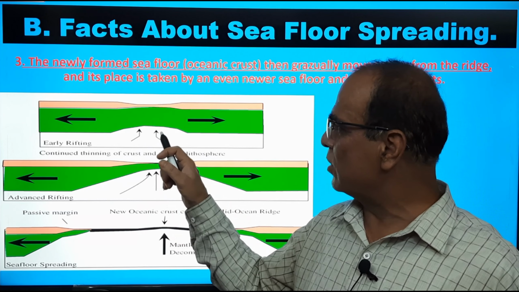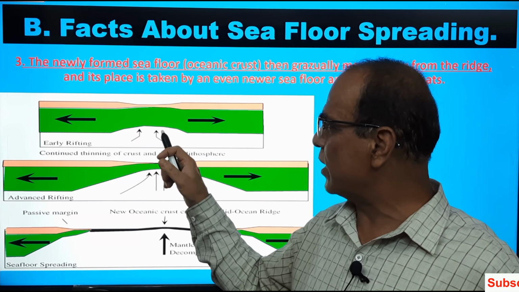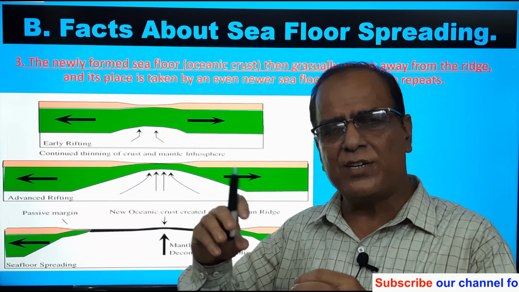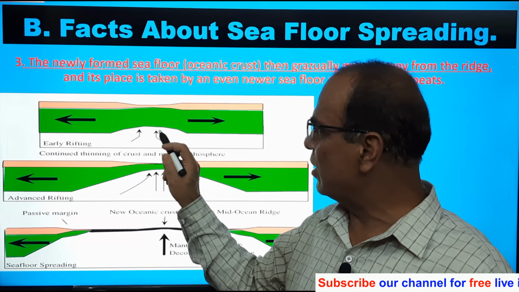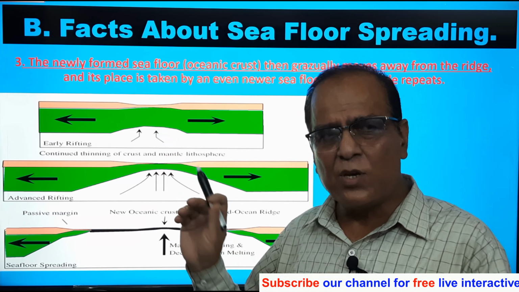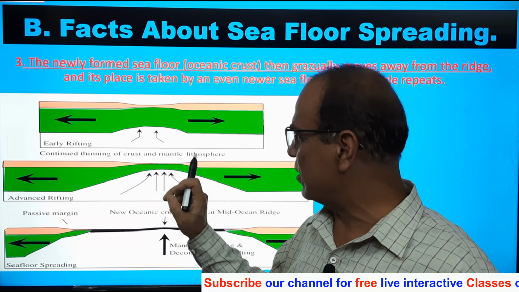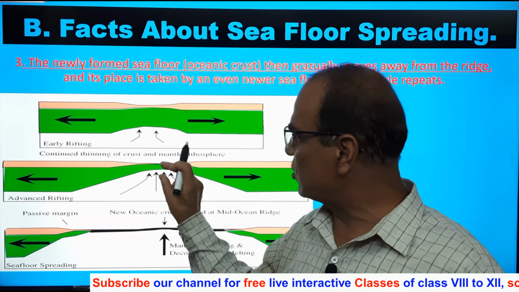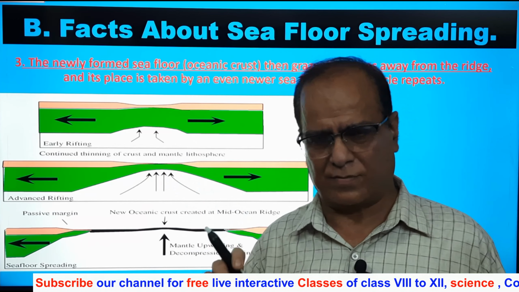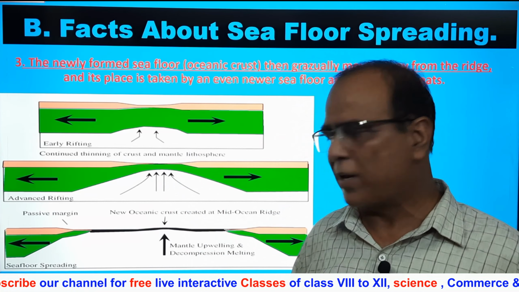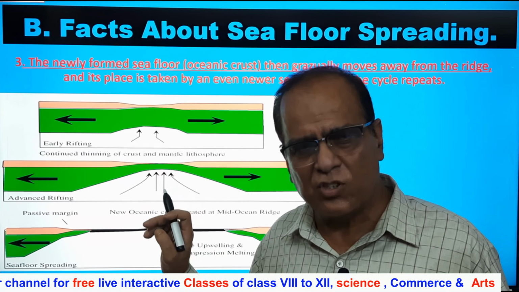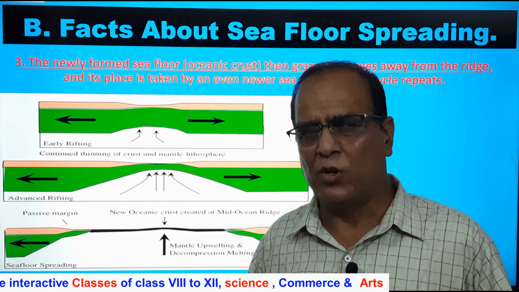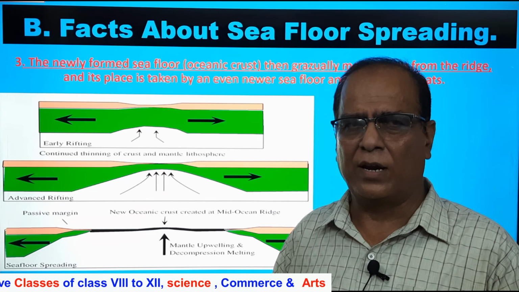Thereafter you see, with the continuous upwelling, what is happening? The land part is continuously getting thinned out, and it is in a process of giving way to magmatic material. In this case, as you are finding here, this portion has become thinner, and there would be one point in time when there would be the creation of a fissure, and through the fissure the materials would get upwelled, they would be prevailing onto the sea floor.